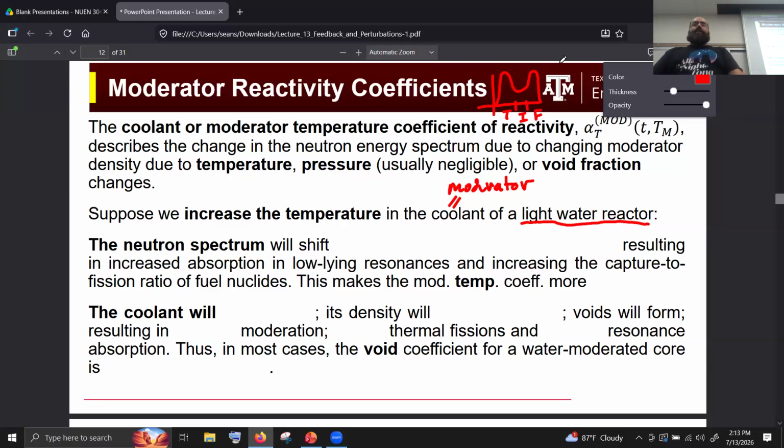When we talk about the temperature of the moderator, the average temperature is where this Maxwellian peak is. If I increase the temperature of my moderator, what it effectively does is take this peak and shift it to the right,